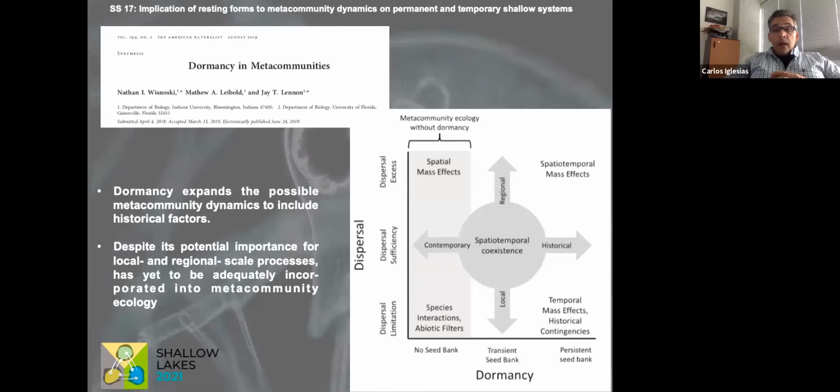abstracts, and we are very confident that in future conferences and congresses we must work to put this in perspective and work for incorporation of this historical vision, and work with the whole picture and not with a narrow view of metacommunity ecology without dormancy.